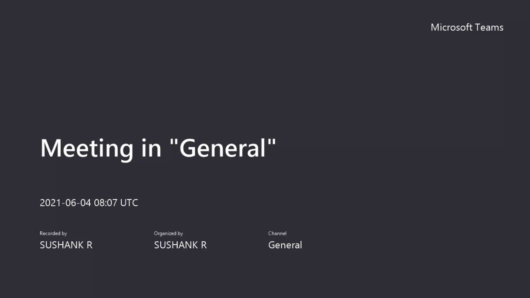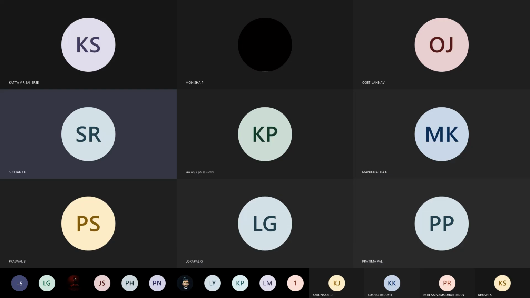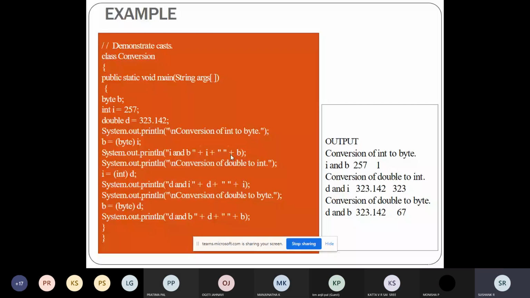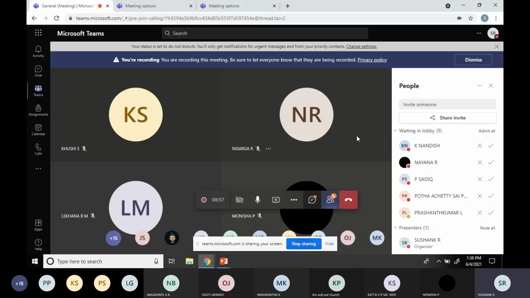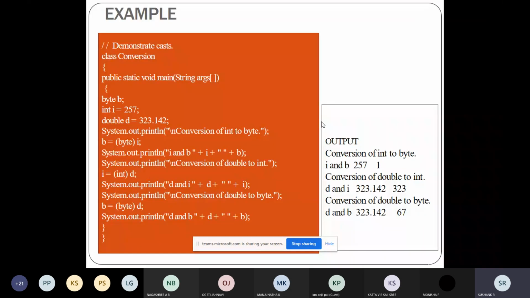We were talking about type conversion and what will happen if you convert from a data type which has a larger size and try to store that value in a data type which has a lower size. Like we studied, we will be losing some data. Why are we losing the data? Because of truncation.